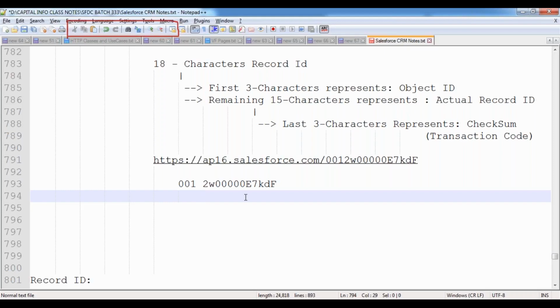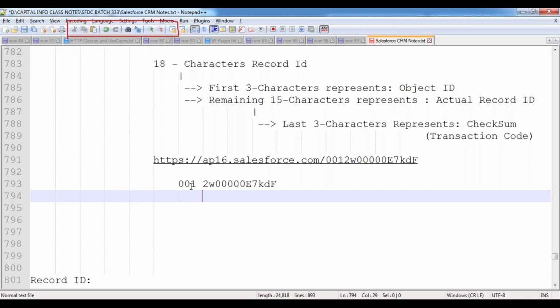Just look into the record ID and identify the first 3 characters. Then you can understand whether this is an account record, lead record or case record, because the first 3 characters represent the object ID.